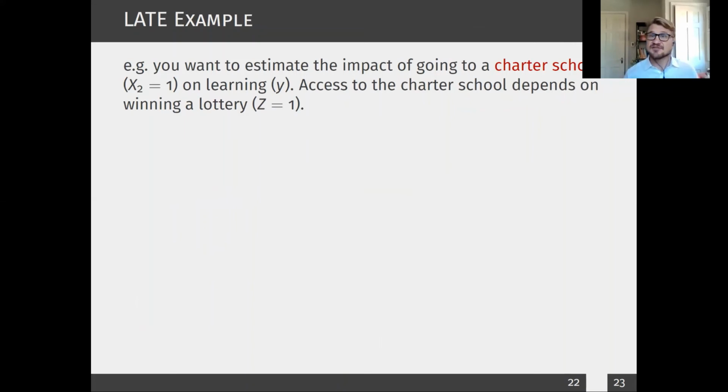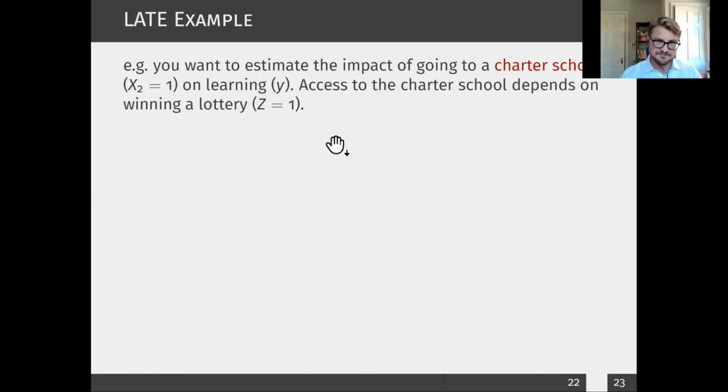There could be positive selection bias, where the most motivated parents send their kids to charter schools. And so looking at this relationship by itself would lead to a biased estimate. But what often happens in the United States is there's oversubscription. More people want to go to charter schools than there are spaces available, and there's some kind of public lottery. It's randomly assigned in literally this lottery, which determines who actually is able or allowed to go to the charter